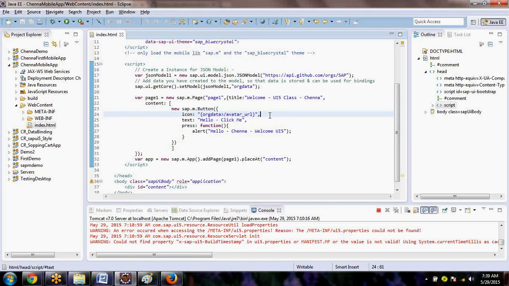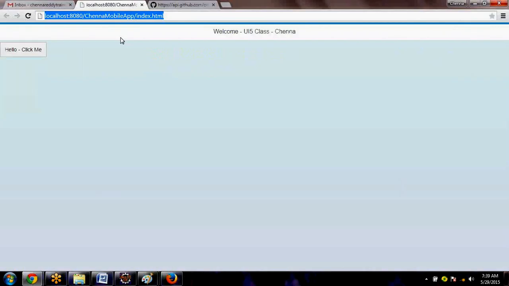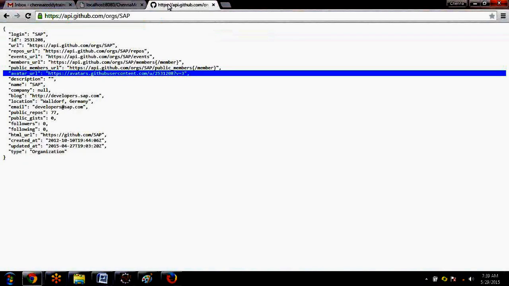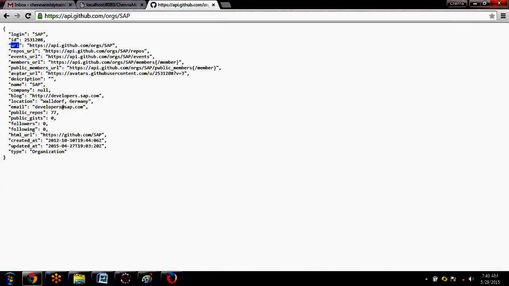Okay, that's fine. Now let's look at the text also. Let's apply the text also and see if there is any problem, because something is not loading. Org data greater than slash. So which text would I like to apply for the button? I would like to apply this one, or HTML URL, or something.